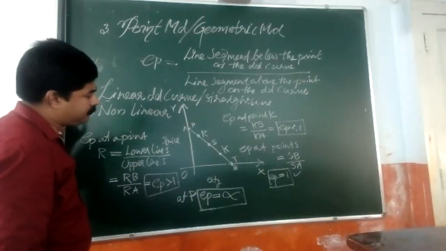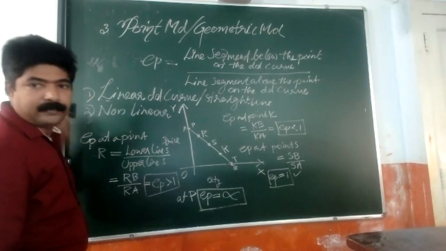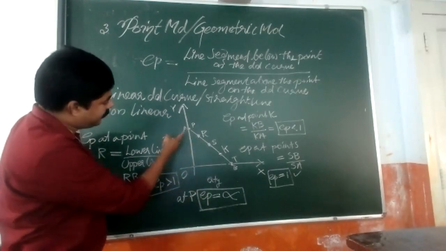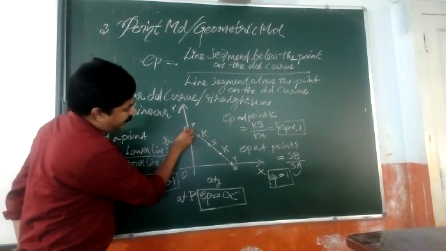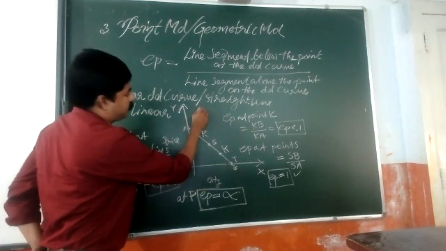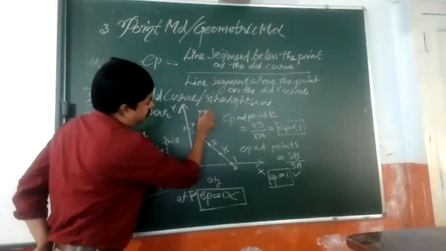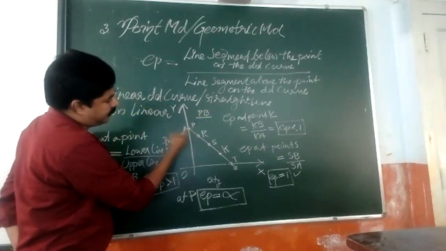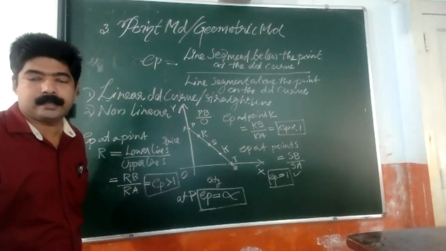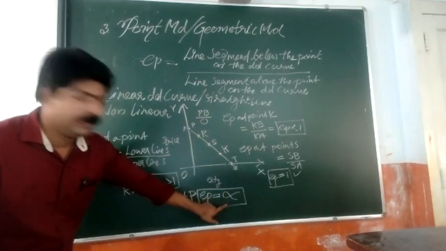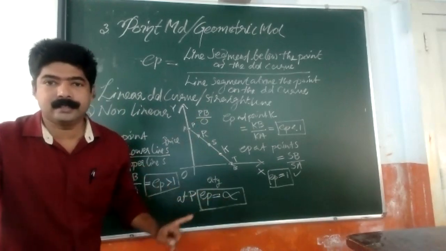Then at point P, here also symbolically we can write. But how to write symbolically? Look at this, symbolically we can write lower line of P. P lower line is PT. So we write PT upon upper line, there is nothing, so 0. This is the symbolical expression. And the value will be infinity. Have you got it?